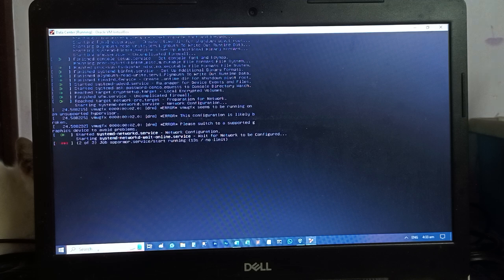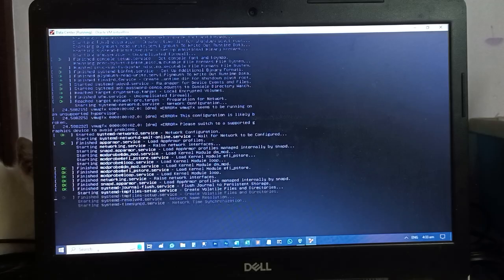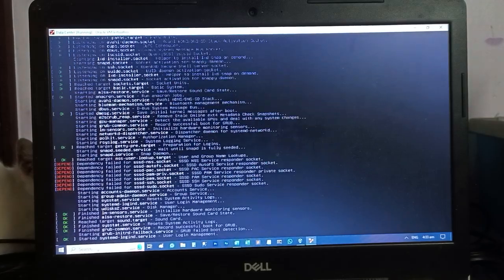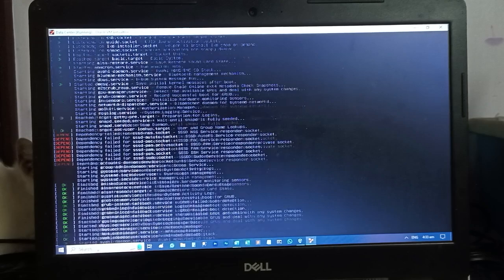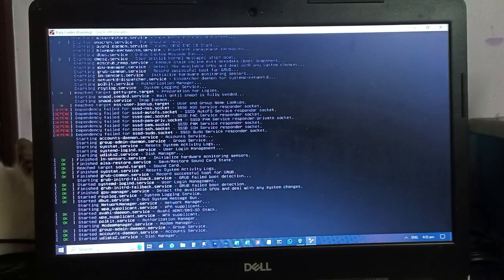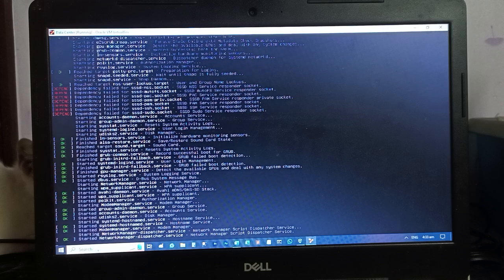While the system is booting, there are so many files that have been loaded, including the GUI that we have installed. The GUI that we use in here is Mate because it's simple and easy to use.